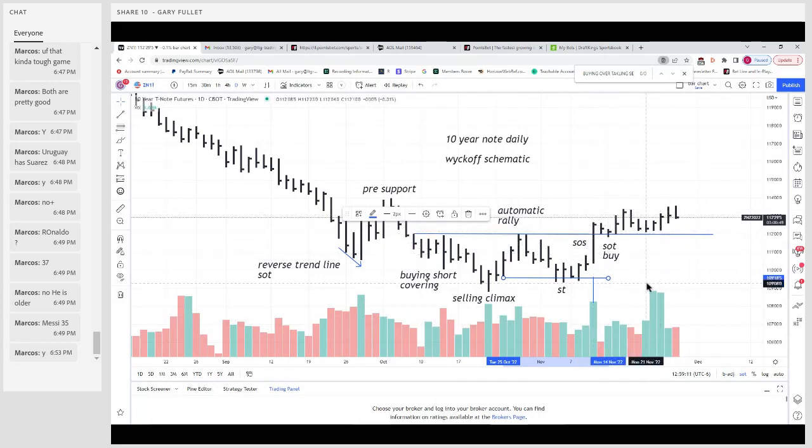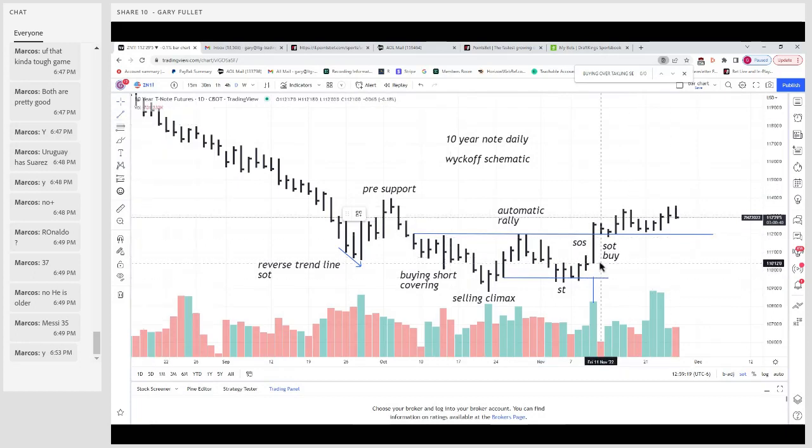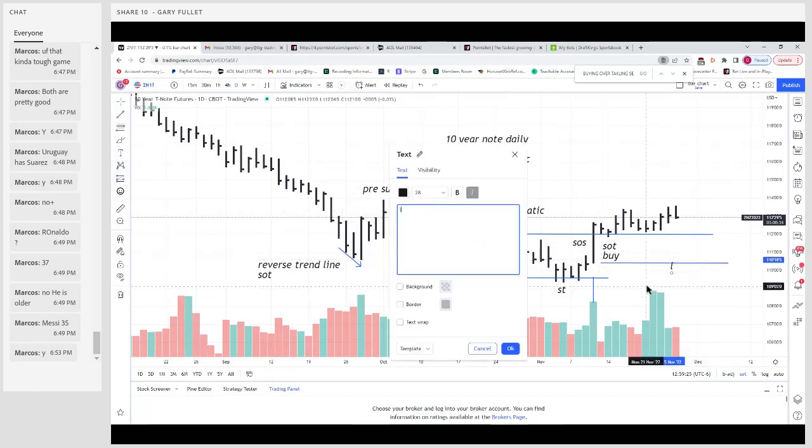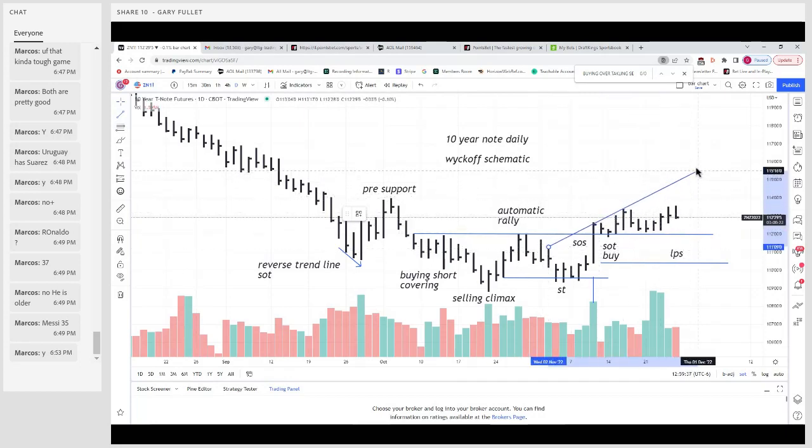Boom. We now have a situation where we can test back into the LPS area, or we can have more markup to the market. This would be your LPS area. That's it. And this now measures to a point. So we take this here. I'd like to take this. It's the eyeball test. This is how we do it without doing the point and figure chart initially. You ride that wave,